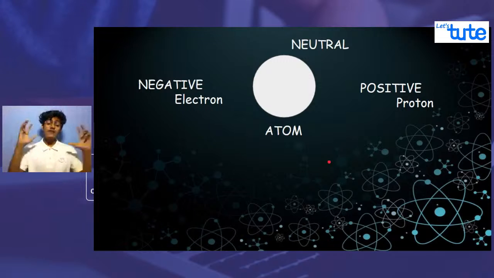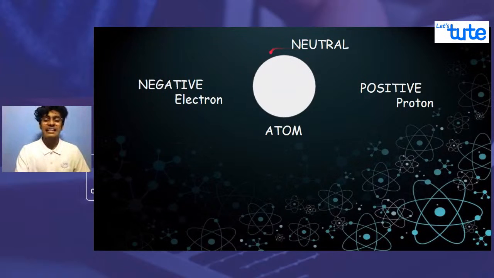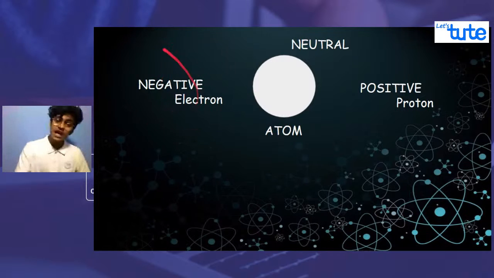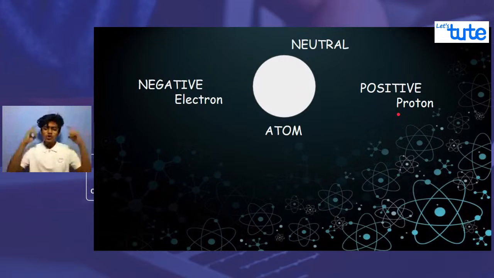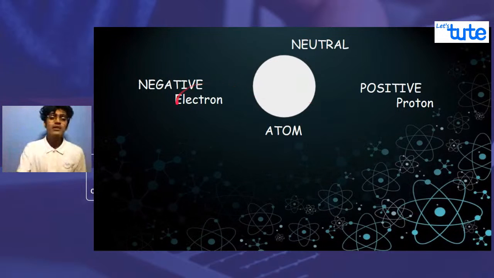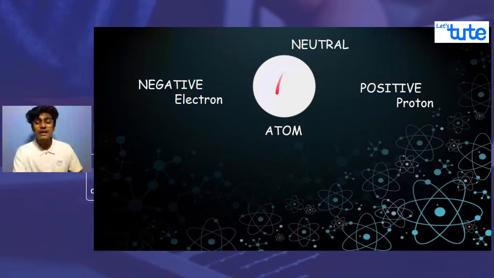Of course, now if you try to understand this, first we got to know that atoms are neutral, so this kind of structure was accepted. So this is the structure of atoms. But now this atom has negatively charged particles as well as positively charged particles. So now you should think about what will be the structure of this atom, how the electrons will be placed inside this atom, and how the protons will be placed inside it.